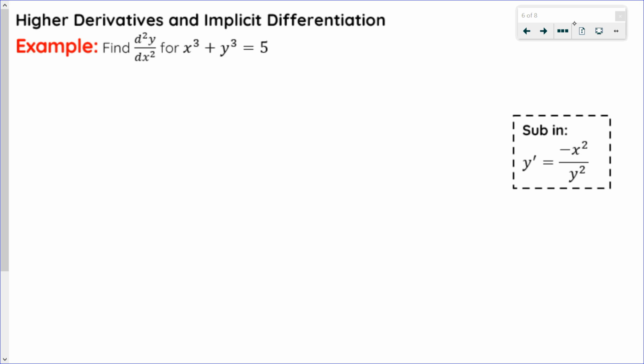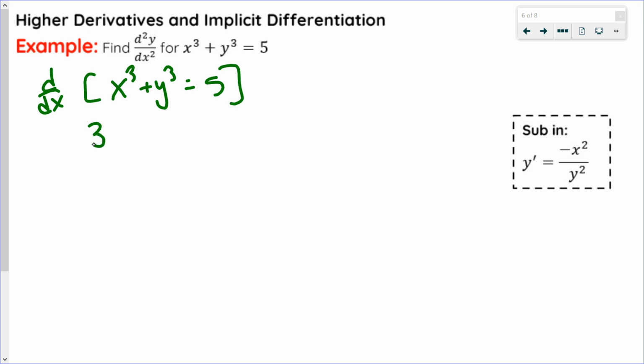So let's begin with this one here. I want to find the second derivative of x cubed plus y cubed equals 5. So I'm going to do some implicit differentiation here. I want to do the derivative with respect to x of x cubed plus y cubed equals 5. The derivative with respect to x of x cubed is 3x squared because the derivative of x is just 1, plus the derivative of y cubed with respect to x, 3y squared y prime, equals the derivative of 5,